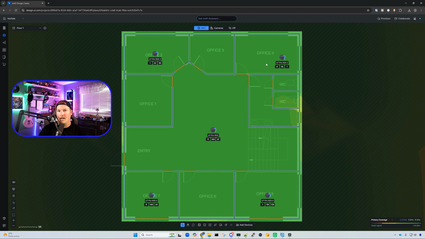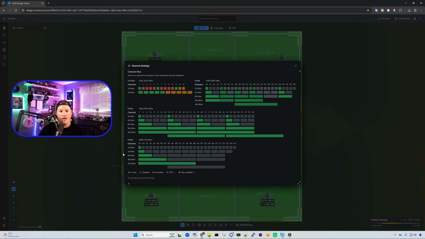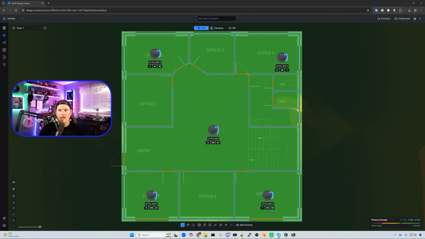So this is very nice and will save us some time when we do the installation and configuration. They also do have this channel plan icon in the bottom left-hand corner, and it's going to bring up our channel settings. So it says channel planning, click on a channel to exclude it from automatic channel selection. Depending on what part of the world you're in, this may be a little bit different, but we're using the recommended plan. The next update is the ability to stack our ECS stacking switches, which are still coming soon,